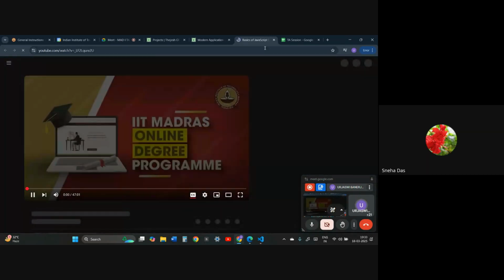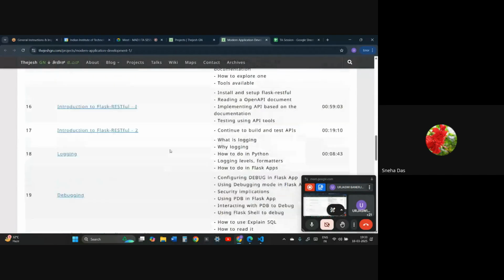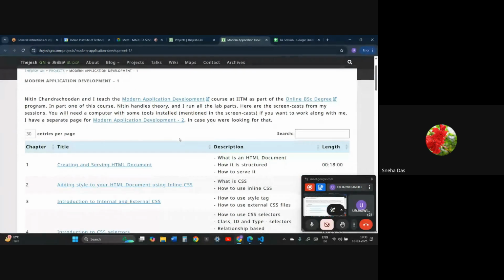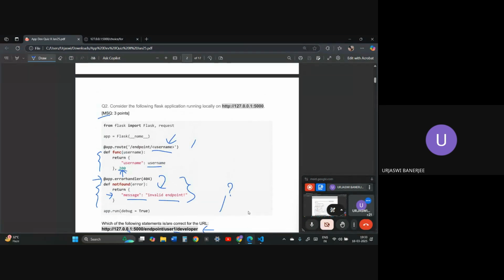Ma'am, why are all the codes in the screencast done in some other browser? Oh, that is actually Ubuntu. He is using Ubuntu, a different OS than you. But it's okay. You can use Windows as well, right?